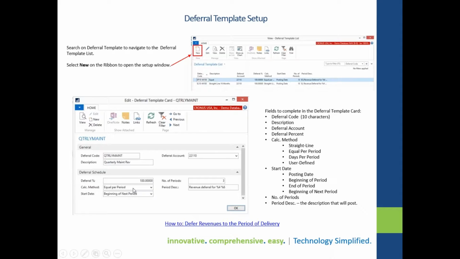Now, if you have several prepaid or deferral accounts, you will need to set up a separate deferral template card for each one of the different prepaid or deferral accounts that you have. Also, if you have deferrals that would run over different period lengths, you're going to need to set up separate ones for those also, because another field on the card is the number of periods that this would need